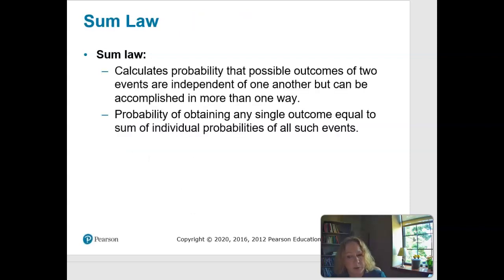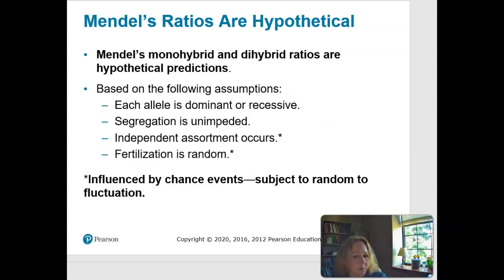The sum law calculates the probability that possible outcomes of 2 events are independent of one another, but can be accomplished in more than one way. So that is how we use the sum law to determine that 9-3-3-1 ratio. Now, let's talk a little bit about chi-squared. Mendel's ratios are